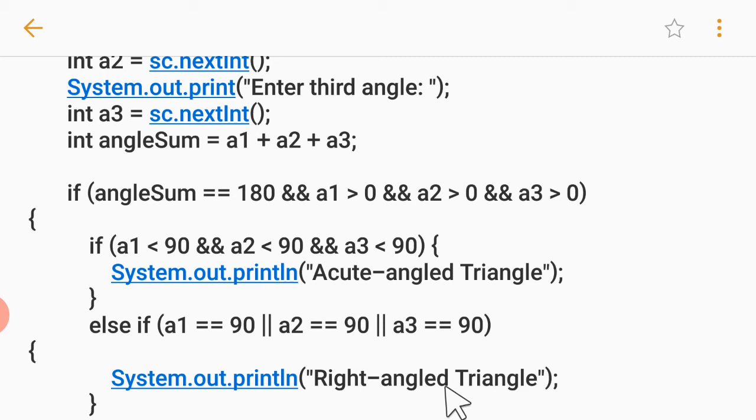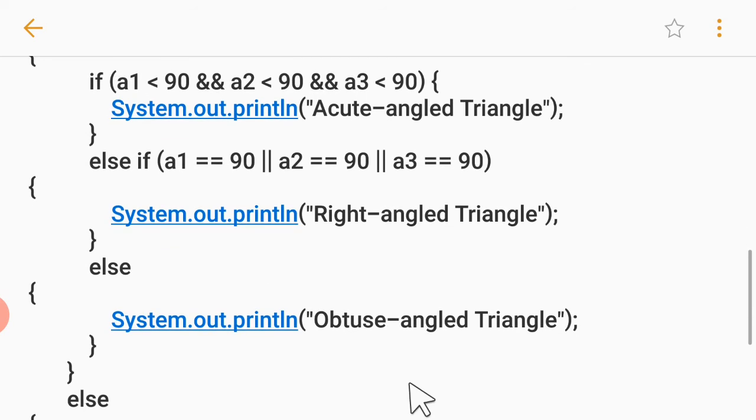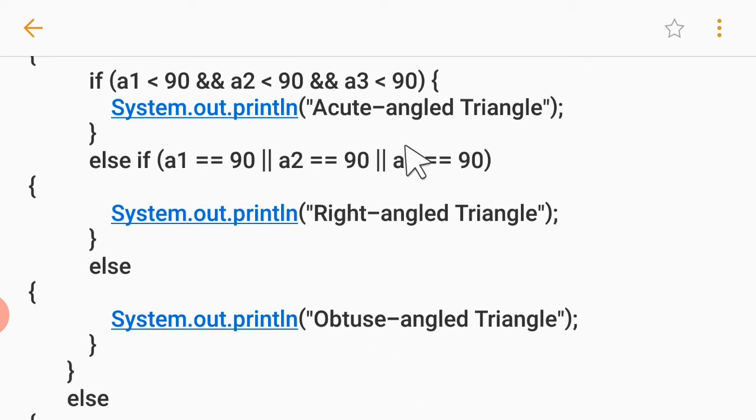Alright. So first is this condition. Then we have got the nested if. Right. So here this is the first condition of the nested if. That is the second condition of the nested if. One for acute angle triangle, the other for right angle triangle. And triangle we have already checked. Once it is verified that it is a triangle, then we have checked the acute angle and the right angle triangle. I hope it's clear to you all. And then if neither it is acute angle nor right angle triangle, else obtuse angle triangle. This else belongs to the nested if.